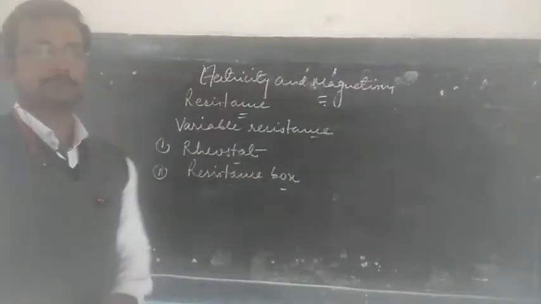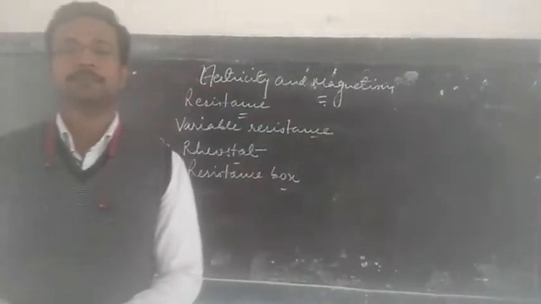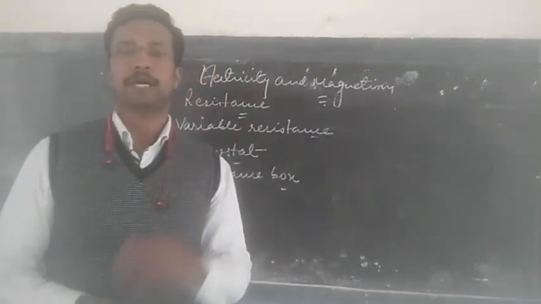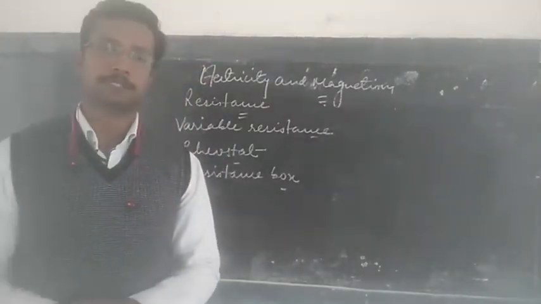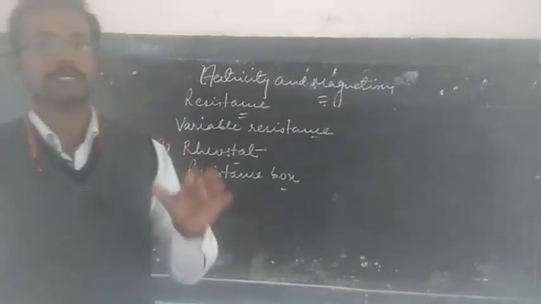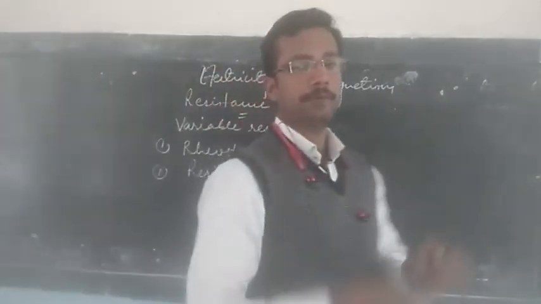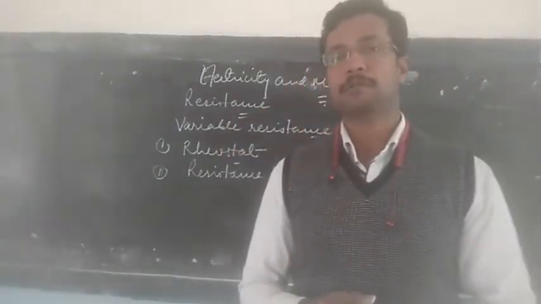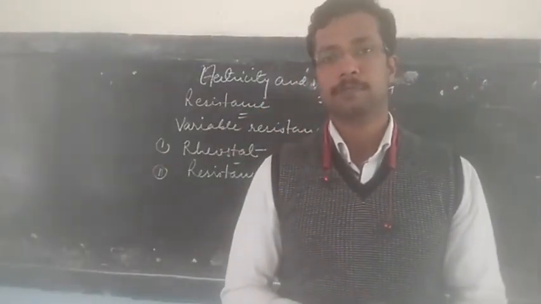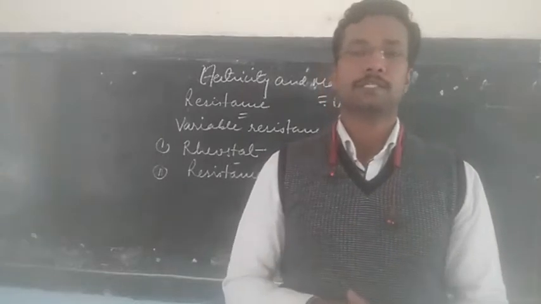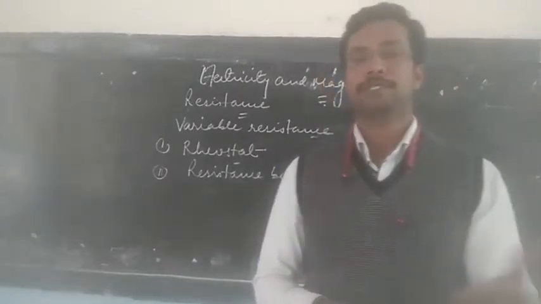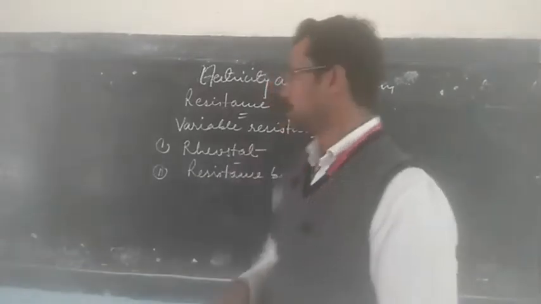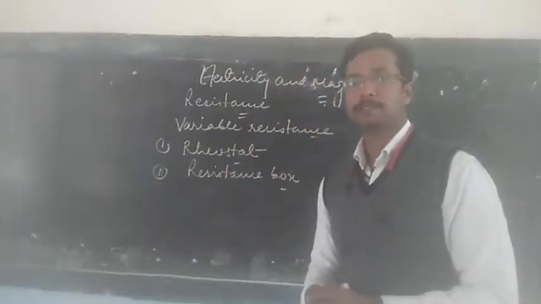Now using the resistance box, we can come to know about the magnitude of the current flowing by knowing the magnitude of the resistance. Because in the resistance box there will be several resistances coming with different resistance marked on the resistances. Using that resistance we can accordingly check the amount of the current flowing through the wire. So these are the two variable resistances.